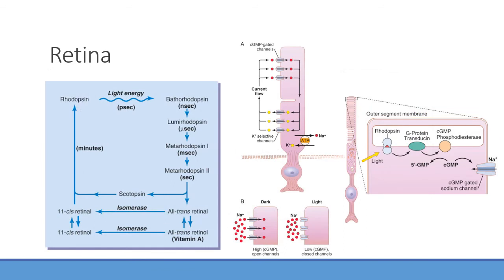All right, so what's happening here? And again, I'm not going to have you memorize this whole cycle, but just know this is where vitamin A is going to be coming in, known as all-trans retinol. Eventually, it's going to get turned into what we call rhodopsin, and that's our main pigment there. It's going to be located within the rods.